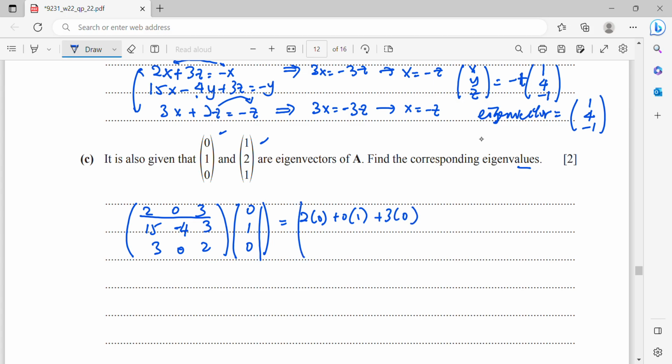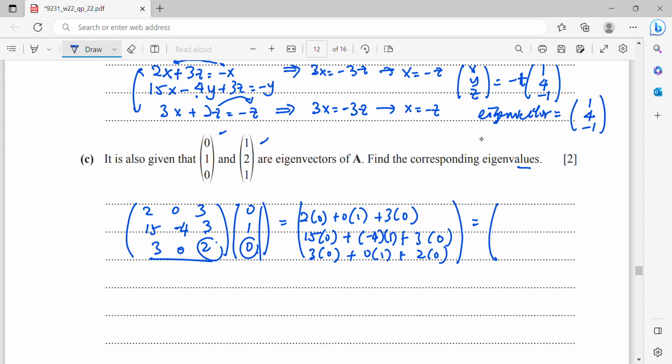Okay, then the next is second row times first column. So then plus negative 4 times 1 plus 3 times 0. Then lastly, third row times first column. So I will get 3 times 0 plus 0 times 1 plus 2 times 0. Okay, so when you simplify, the first one is 0, the second is minus 4, and